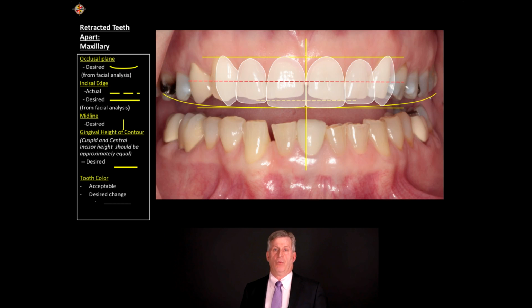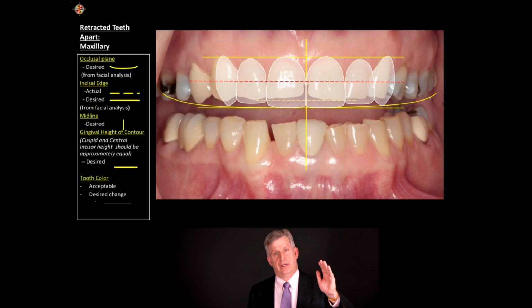Gail said she did not want to have a diastema between her teeth, and so we go and customize it and individualize it and see where the design leads us. What you really start to see, and this is the power of using this, you get to see the discrepancy between reality and the desired. That degree of discrepancy is an indicator of the range, the scope of treatment that you're going to be involving